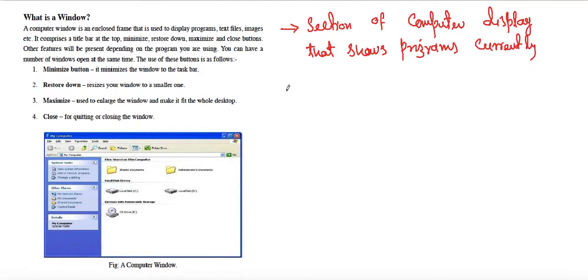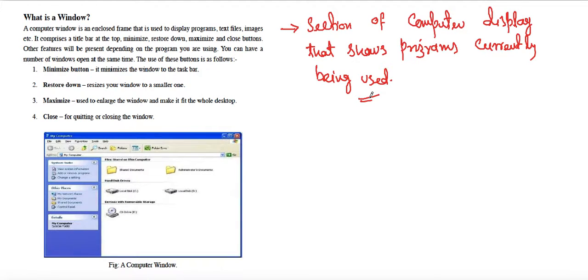All the programs which are currently being used, or the program which is currently in running state, that program